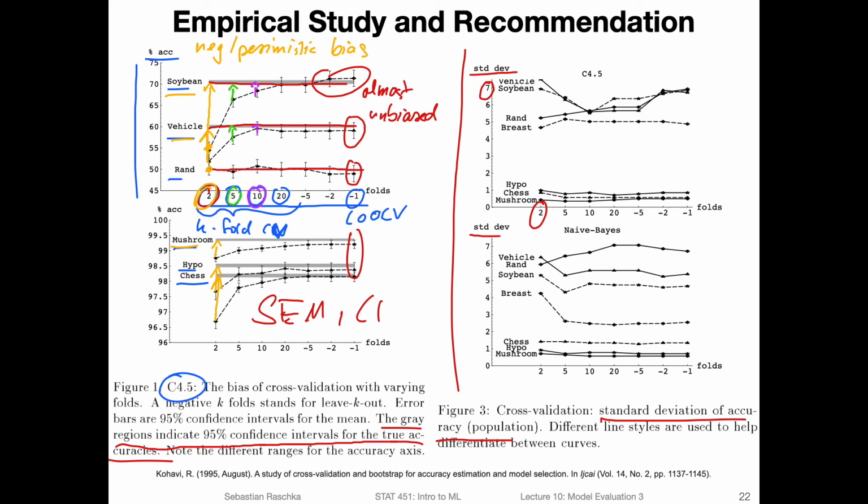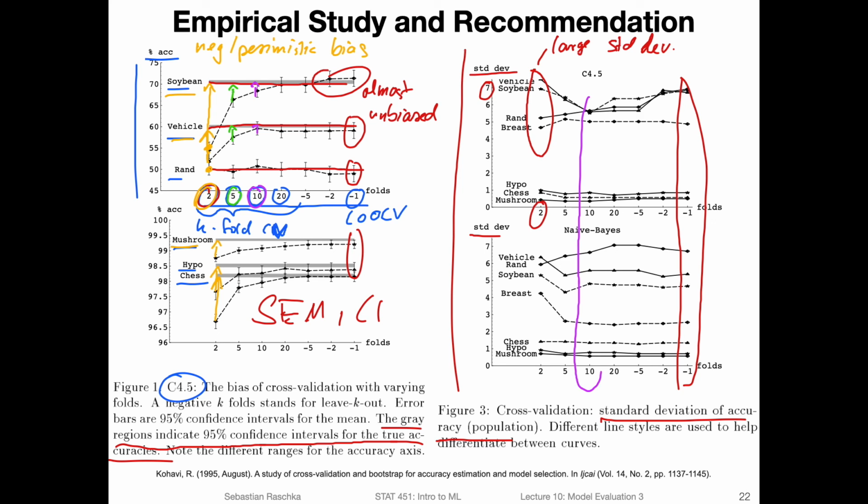For two-fold cross-validation, there's a very large variance or standard deviation, and you can also see that for the leave one out cross-validation. However, for other values, especially 10 here, there's a small variance, so this one is more reliable. So if you repeat that on different training sets, the variance of this estimate is smaller compared to the small k case or large k case. And again, going back here to the left hand side, this also has a relatively small bias.